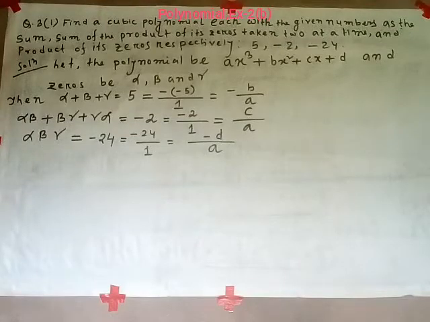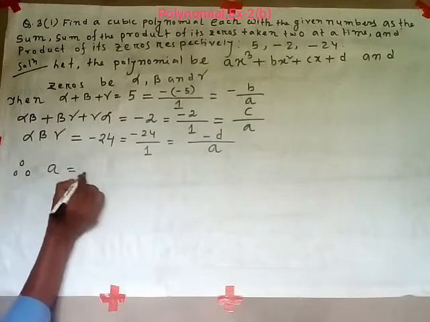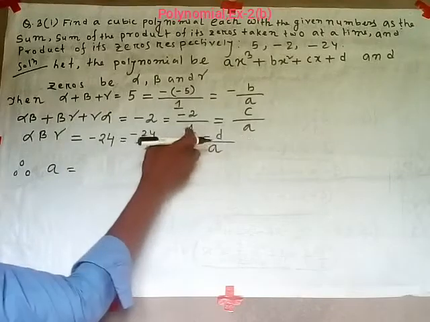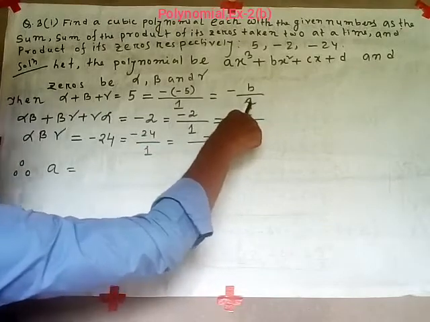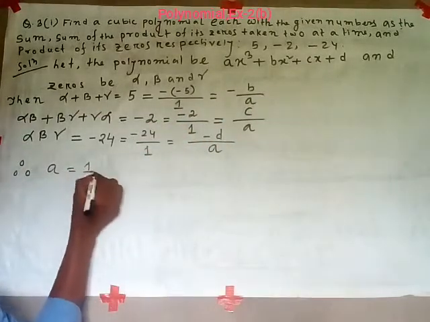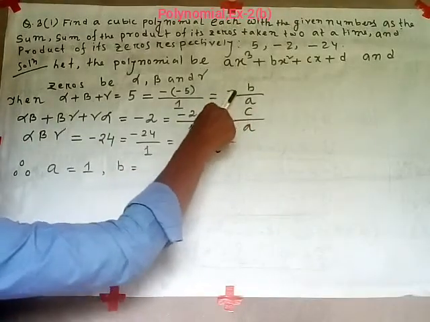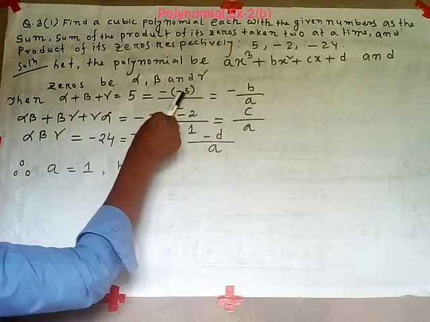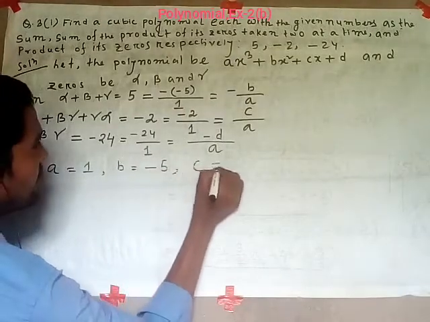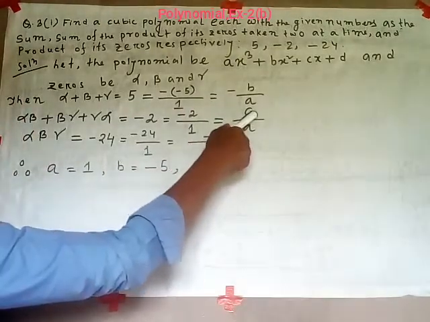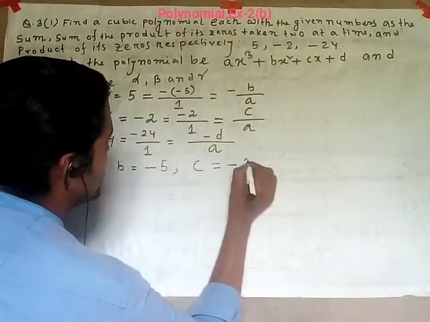Therefore, what can we understand? Look, a means 1, a means 1, a means 1. Here also 1 is the denominator. So simply we can understand a equal to 1, comma, b equal to, look, where is b? B is there, this minus cancels, but here it is minus 5, here is b. So we can write b equal to minus 5, comma, c equal to, now where is c? C is here, there is no minus symbol, and here is minus 2, so c equal to minus 2.